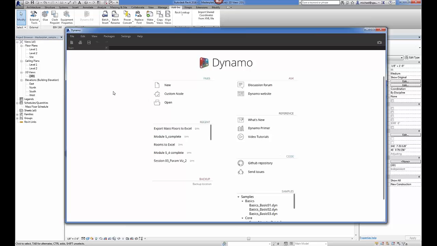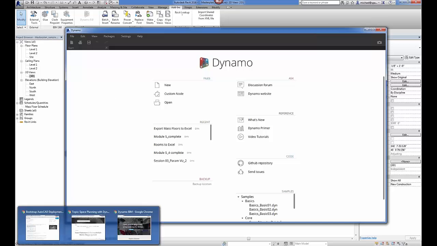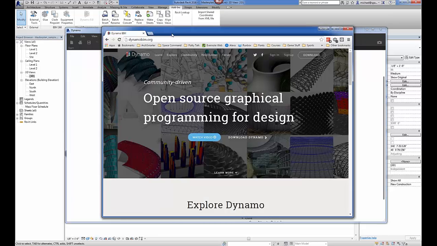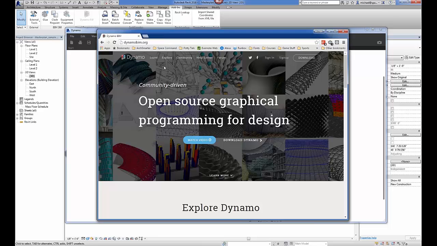And if you haven't used Dynamo, it's a free download that's available from Autodesk. It's an open source project, more or less, that Autodesk is supporting. If you go to, I'll pull up the website right here. So the URL is dynamobim.org, and this is the Dynamo website. They have a lot of tutorials. They have a really good forum and community center. And if you click on the download button up here on the right-hand side, you can download the free version